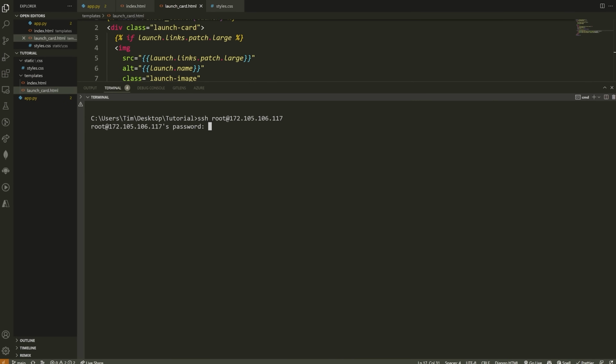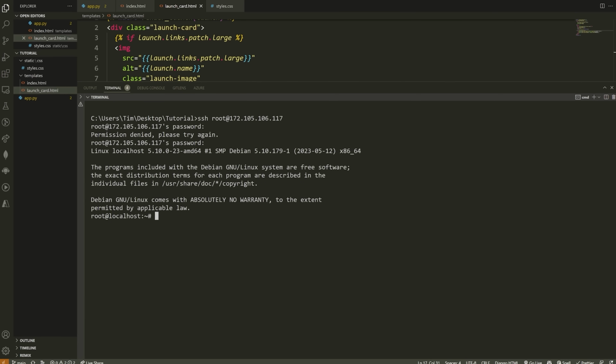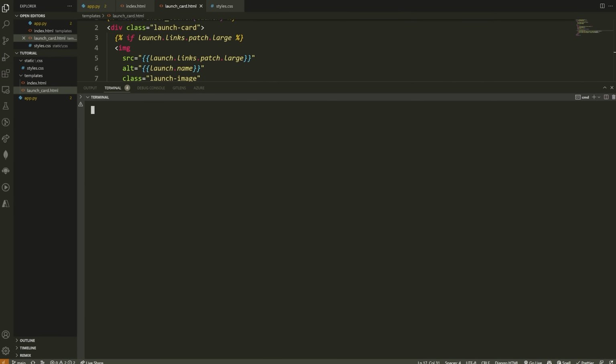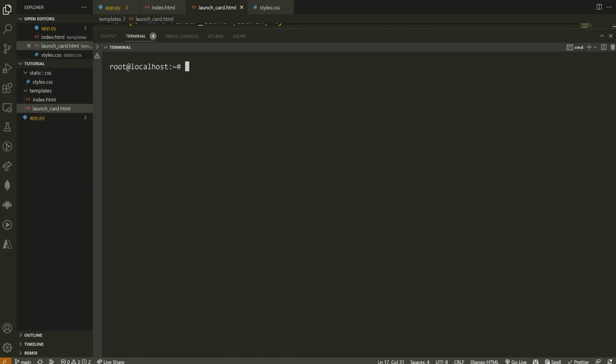Okay, so I'm going to go ahead and enter that if I can type it correctly. And assuming that I type it correctly, it should actually log me into the server. Now it looks like I spelt that one incorrectly, so there we go. Now we are in. Okay, so I'm just going to clear the screen here, and you can see that now I'm kind of in this terminal environment. Let me zoom in a little bit.